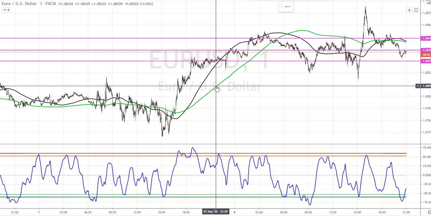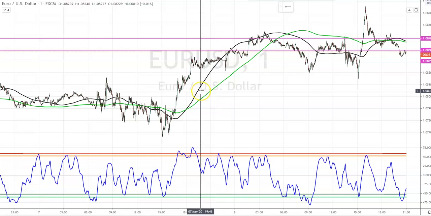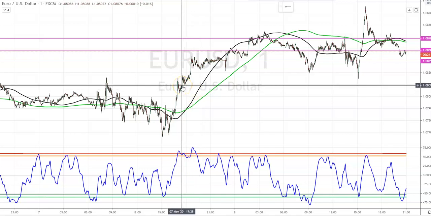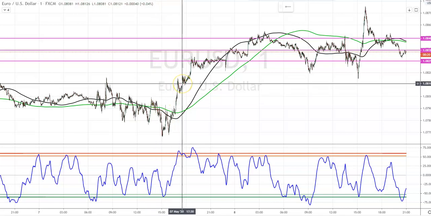I'm just going to go through the poor pair that is euro dollar. I don't particularly like it, but I do trade it now and again, but I just don't find you get the returns on it that some people do. Some people love it. I'm not one of those, but I will dip my toes in if there's cash to be made, obviously. But there we go. Let's look at trading the euro dollar.